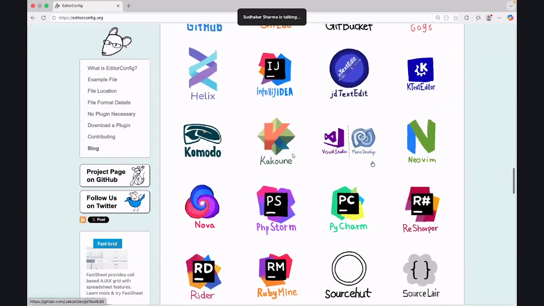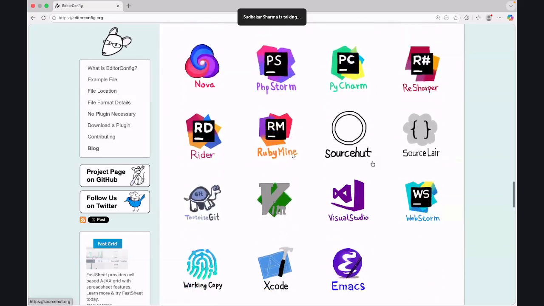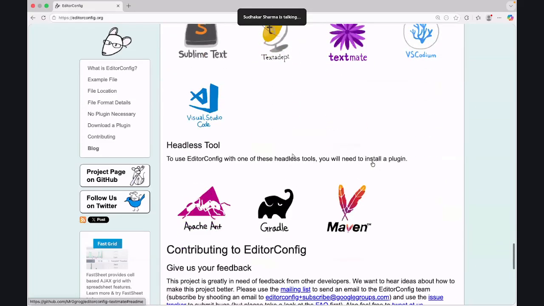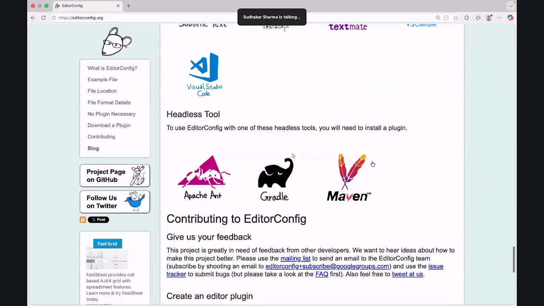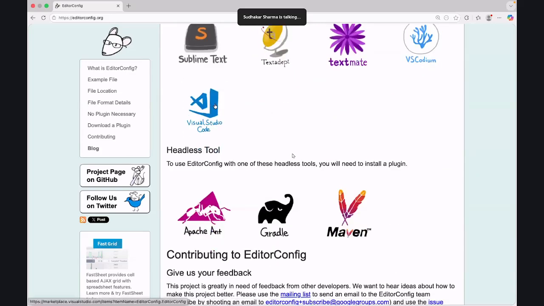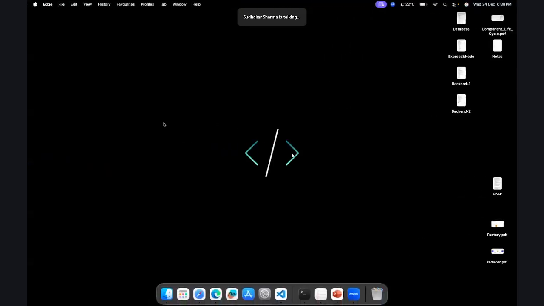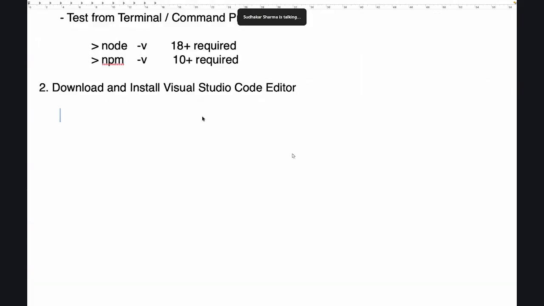You can use any of these editors for React.js. There are so many editors available, and currently we are using Visual Studio Code. You can use this editor or any other editor, it doesn't matter. Majority we prefer using Visual Studio Code. You download and install it; I hope you already have it. But after you install the editor, what you need to do is install the following extensions